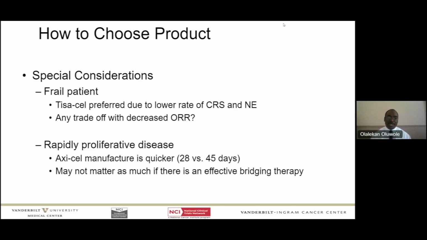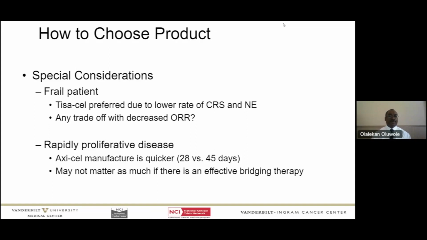So what we are doing is looking at single-arm studies and making inferences which may not be strongly scientifically based. However, there could be things to consider. So that is why I will say considerations, not recommendations, because these products have really not been tested head to